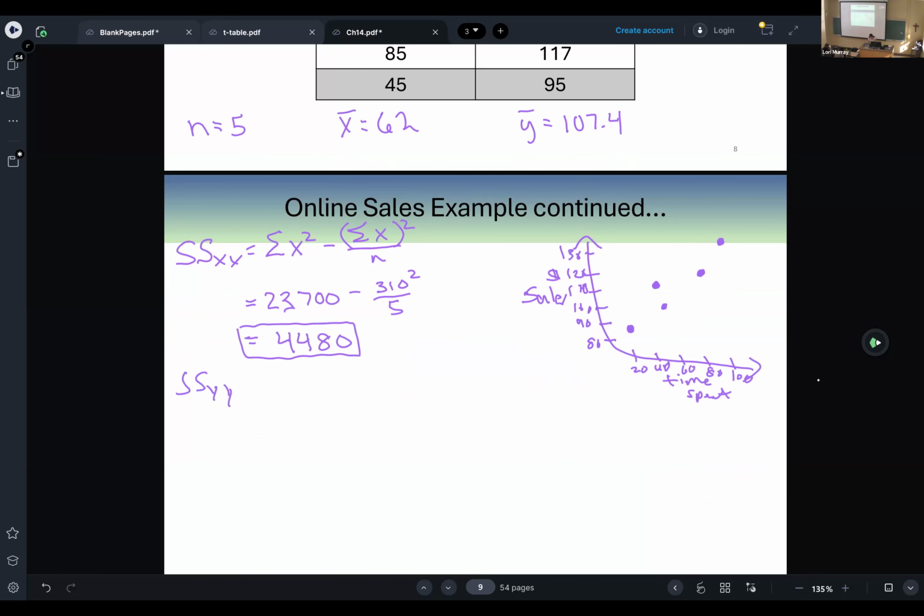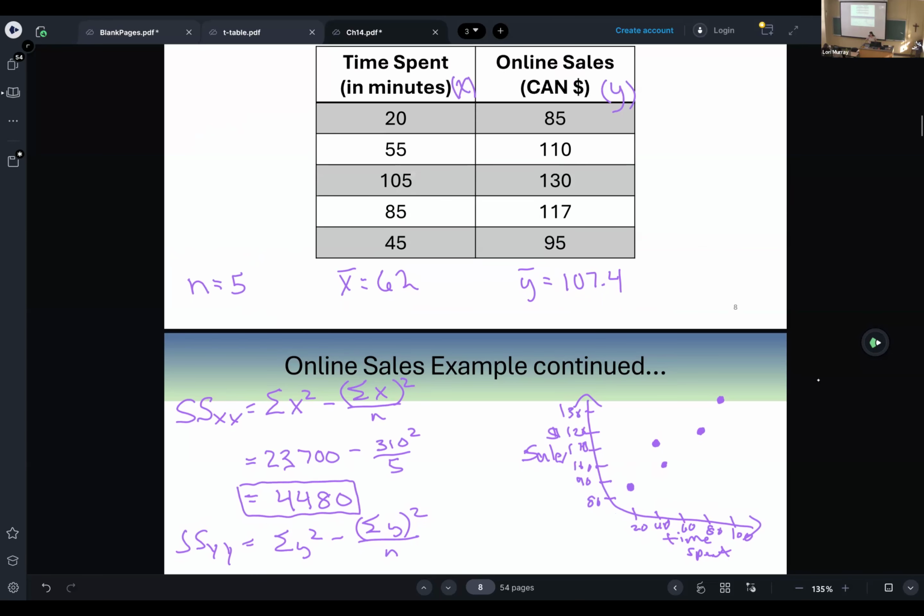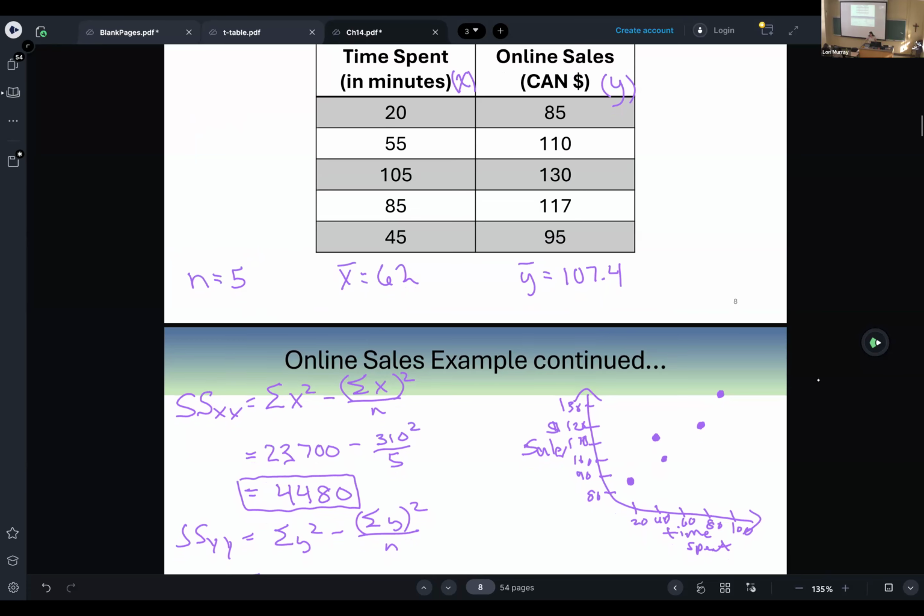Let's do the same thing. You'll see it's exactly the same, but it's with the Y's this time. Same formula, but just use Y's. Again, write down your formula. Always, as simple and as trivial as that may feel, just get your formula, and it will really help you make fewer mechanical errors as well. It also tells the marker, hey, I know I'm defending my decision here. So you take each of those sales, so 85 squared plus 110 squared plus 130 squared plus 117 squared plus 95 squared, and you should get